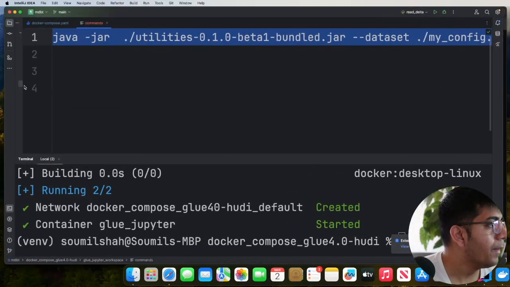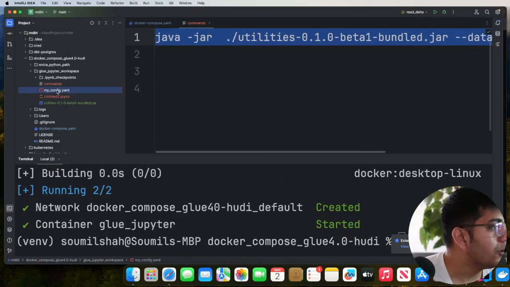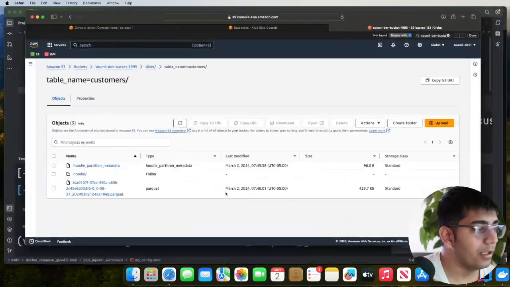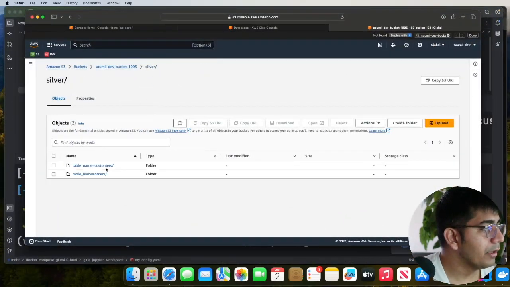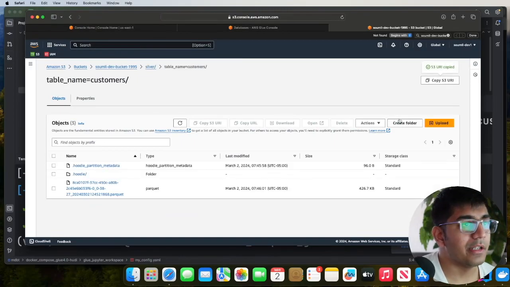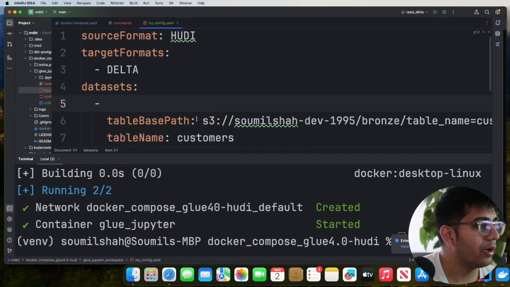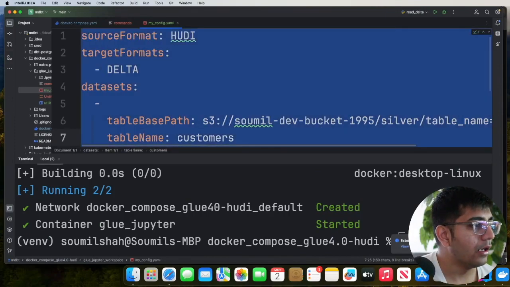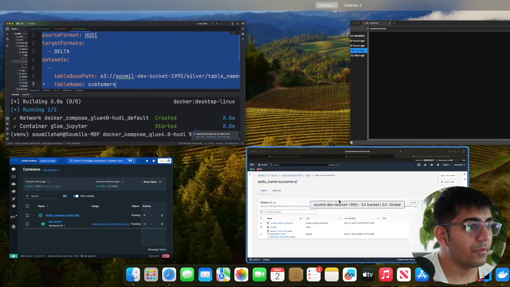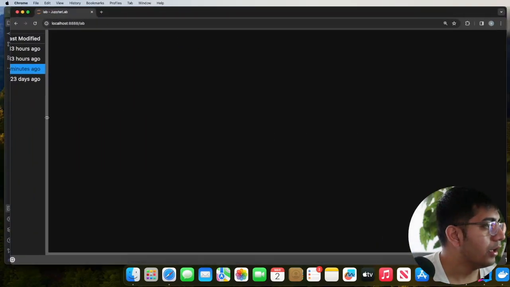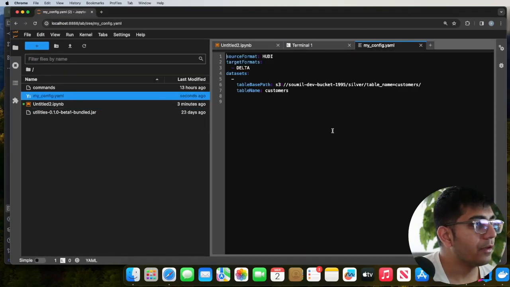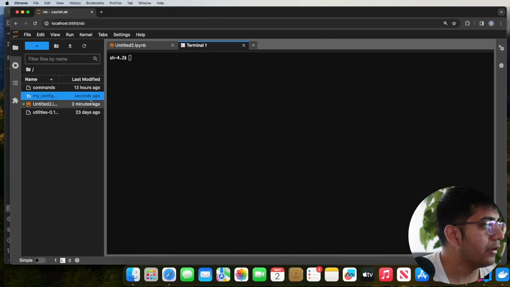So what I will do is come to my config and make sure that this path is correct. I'll come to the silver table, come to customers, and then copy the S3 URI. Maybe I must have changed the bucket. Let's paste this. Okay, so I've done that. Now I'm going to save this. Okay, so I go to my Jupyter Lab again, go to my config file, replace this, save it again, and then I'll fire the